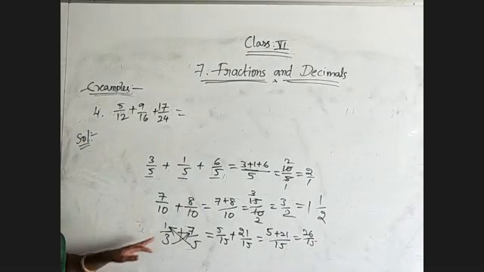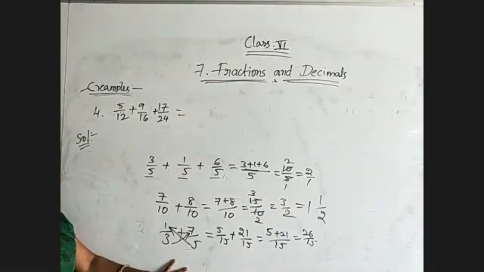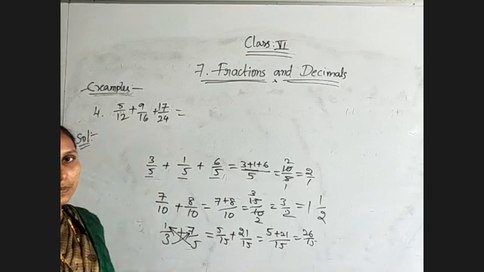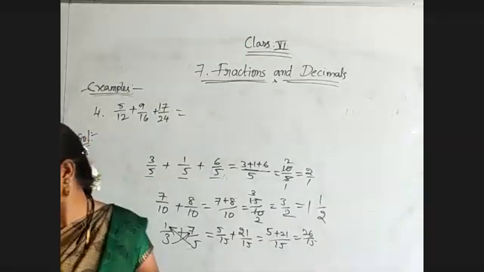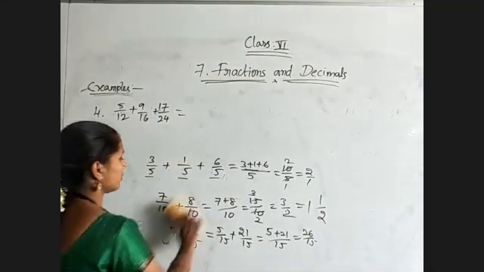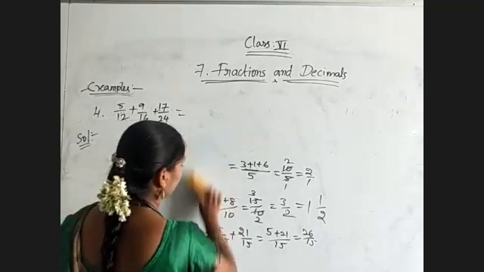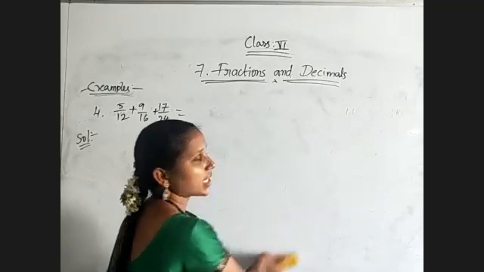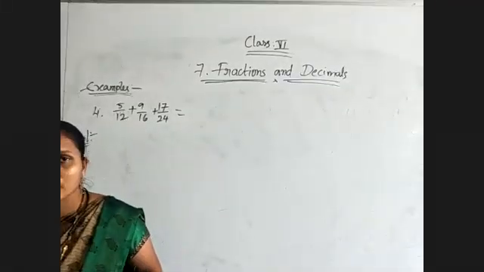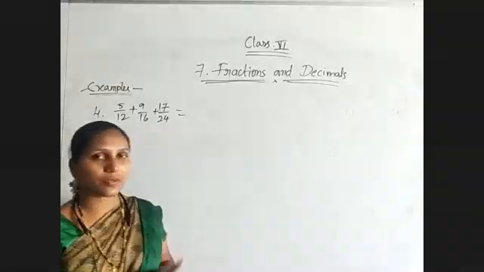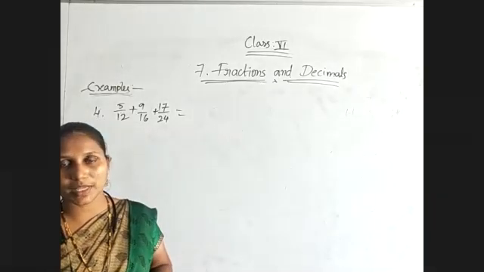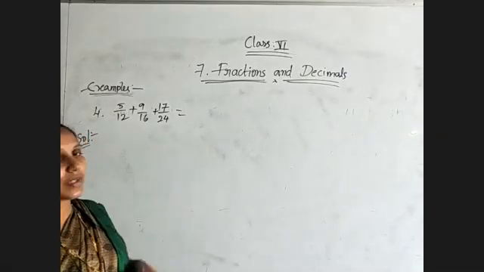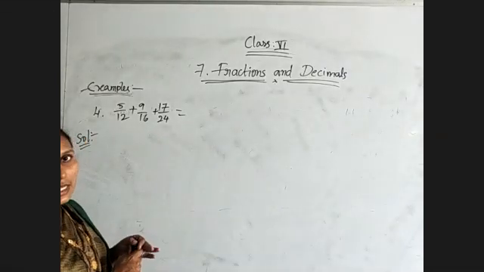So it is also an improper fraction, converting to a mixed fraction. That is about if only two fractions are given, like this we will directly do. But when three fractions are given, again we need to perform LCM to convert them into like fractions. So addition and subtraction of like fractions is very simple. When unlike fractions are given, if only two fractions are there, go through with the cross multiplication method. When more than two fractions are given, go through with the LCM, like in ascending order and descending order.